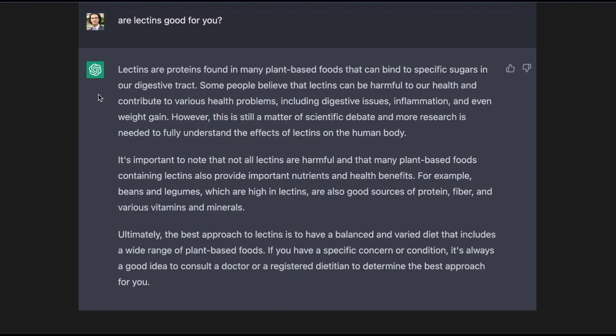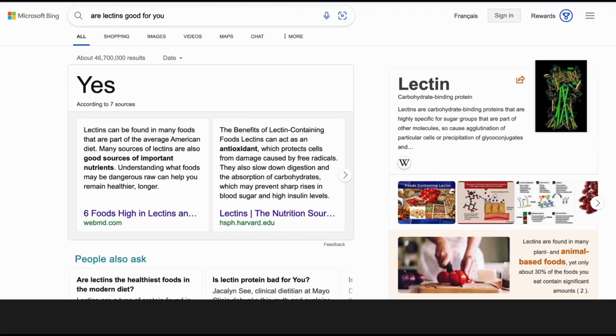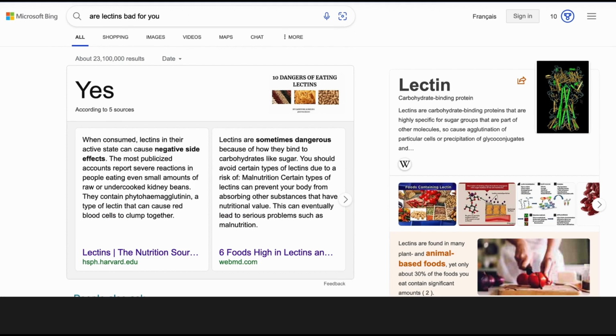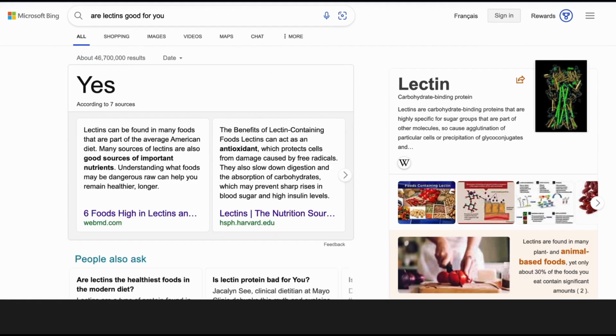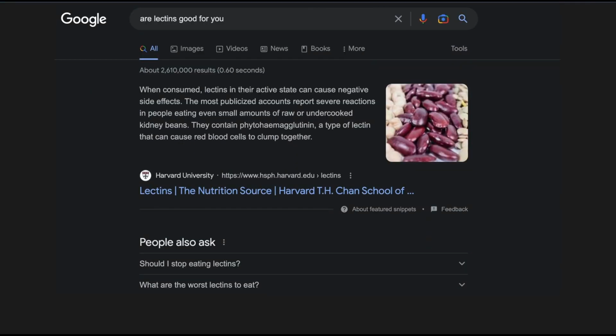ChatGPT was more neutral. It tells you basically that it could be bad, could be good. Even in the last versions, they tell you, I'm not a doctor, I cannot give advice, you have to decide for yourself, and stuff like that. Bing, you can see, is not there yet. But we have to be patient. I trust that they will get there, and they're using ChatGPT, by the way, OpenAI. But these things will take time. I'm very patient. When something is that exciting, I'm very patient.